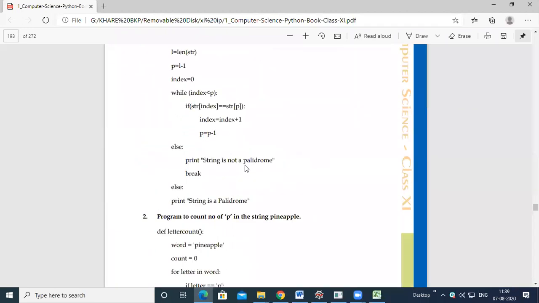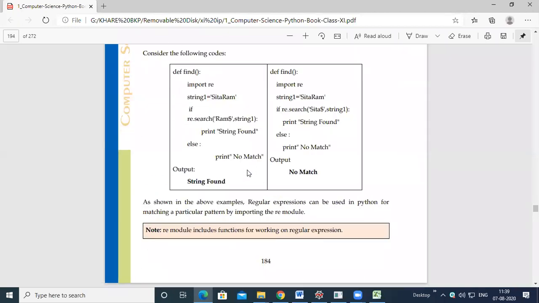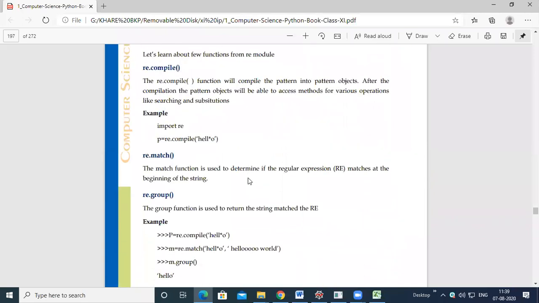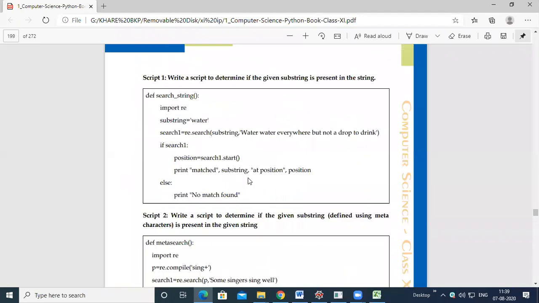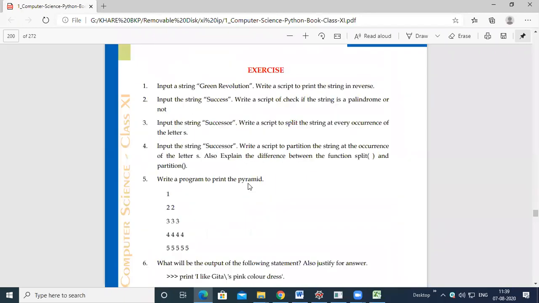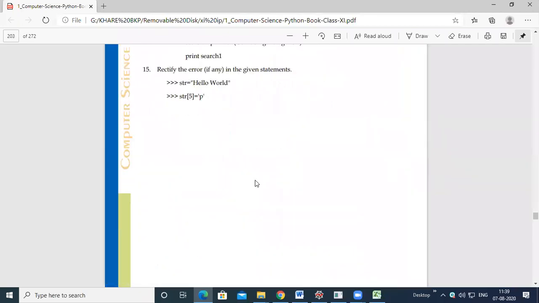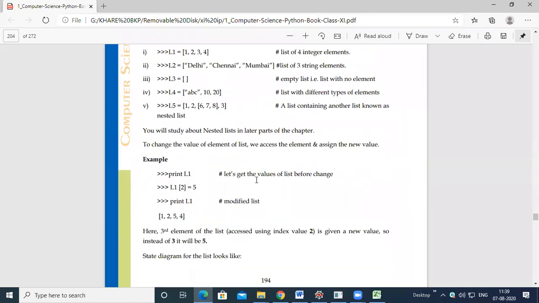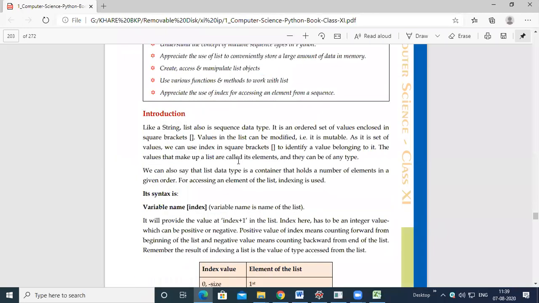And those students who have started today, just have a glimpse of list from this theory, and I will share each and everything with you from time to time. If you have the book, then you can go through the list chapter. Otherwise, I will share all the notes. Here is the chapter, list.